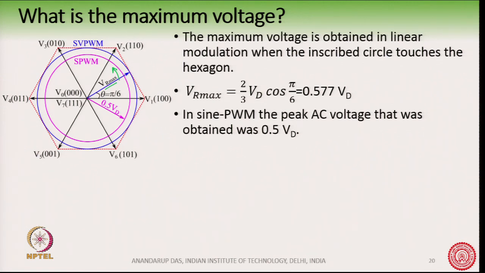The maximum length of the resultant vector or the reference vector is obtained when this resultant vector corresponds to the biggest circle which can be inscribed inside the hexagon. This blue colored circle is the biggest circle that can be inscribed inside the hexagon. So, what is its magnitude? The magnitude can be easily obtained by observing that the side of the hexagon is equal to 2/3 VD,